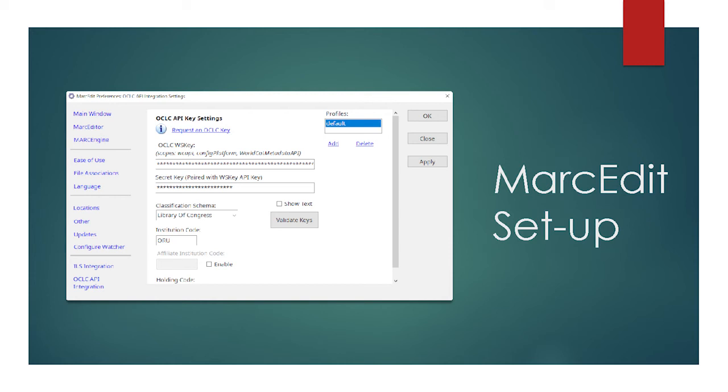In order to use the API, you first have to get a WS key and a secret key from OCLC. These keys are linked to a specific OCLC logon and its permissions, and the keys are included in the API messages as a means of authentication. As you can see from the screenshot, the MarcEdit section for OCLC API preferences conveniently includes a link to request an API key. There's also a link to do this from the OCLC page that I referenced at the bottom